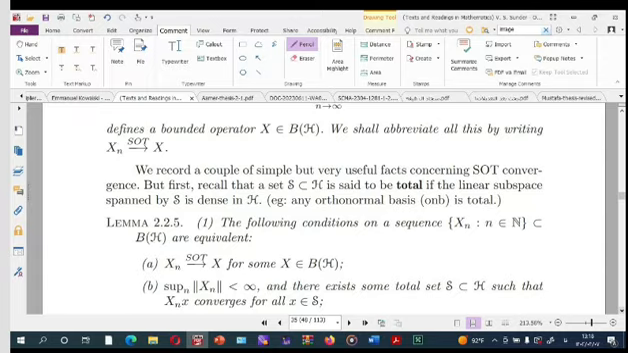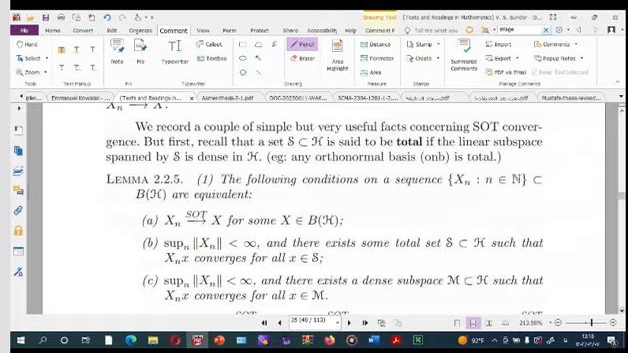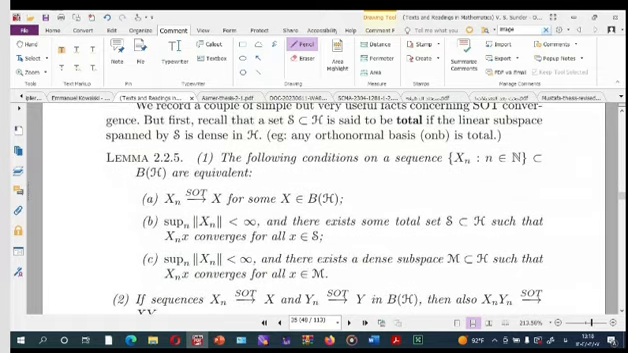And we have this lemma: the following conditions on a sequence Xn in B of H are equivalent. Xn converges to X in SOT for some X. This supremum must be finite and there exists some total set S such that Xn of x converges for all x in S. And this supremum is finite and there exists a dense subset M of H such that Xn of x converges for all x in M. This is part 1 of this lemma. And 2,